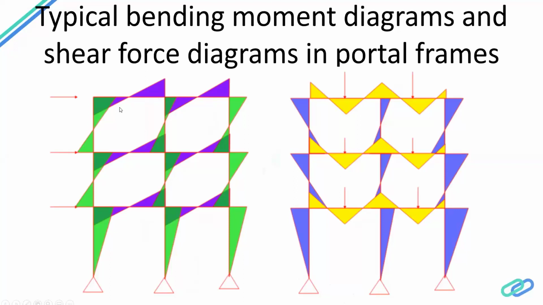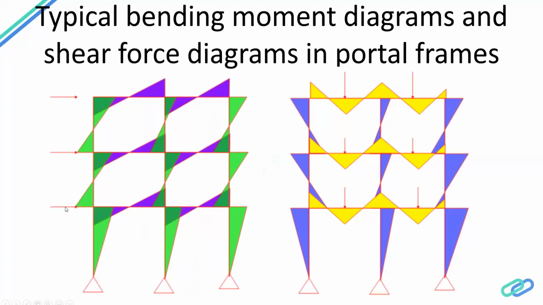portal frame as well, wherein if you consider a real life building, they're more like something like this, wherein you have multiple bays of portal frames and then you have multiple stories, and then at every story you apply these lateral loads, be it wind or seismic or whatever. So this kind of moment diagram is what we typically see